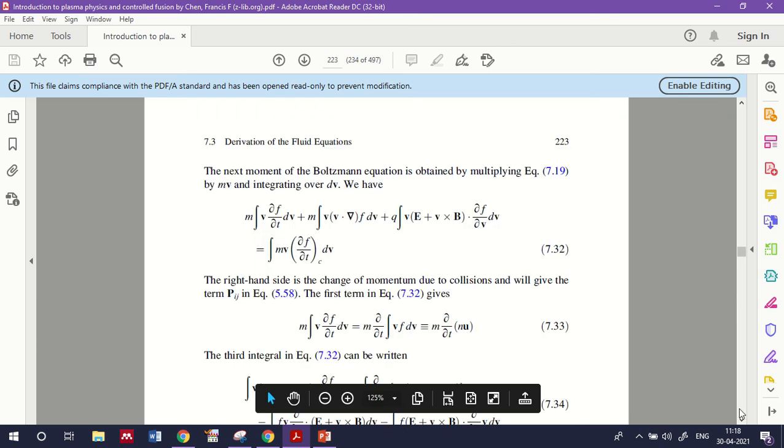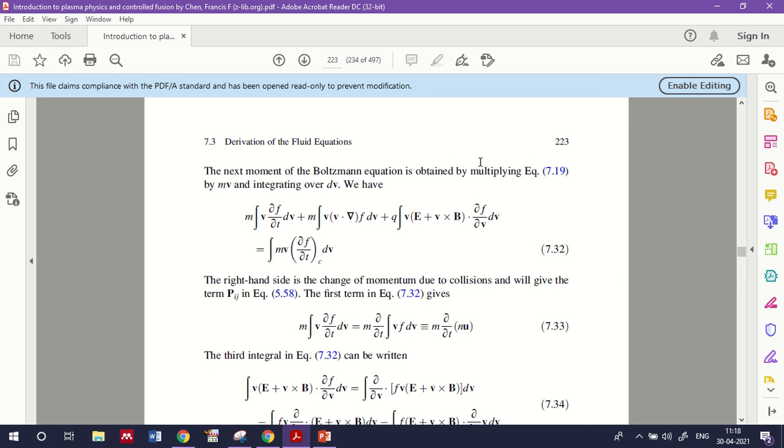The next moment of the Boltzmann equation is obtained by multiplying equation 7.90. What was 7.90? It was the equation for dou f by dou t, the Boltzmann equation. So if you multiply the Boltzmann equation by the momentum mv and integrate over dv, you will get the result as m times the integral of v dou f by dou t dv